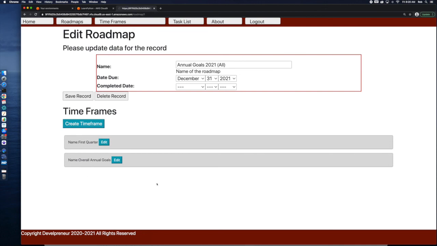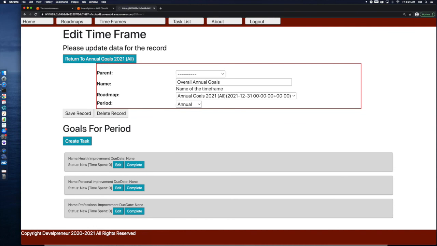So I'm going to play around with this next time around as I'm going to start working on tweaking our query. So we're only going to show parents, and then within the parents, they're going to show timeframes that are child timeframes. So when we go to an edit timeframe, we're going to see goals for the period and then child timeframes. So that'll take care of us for now.